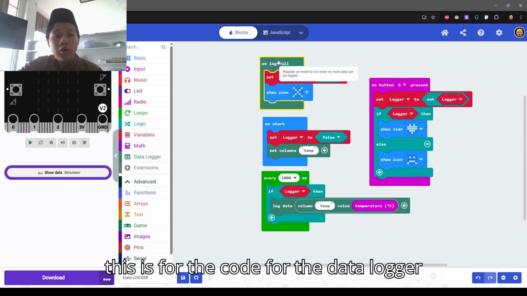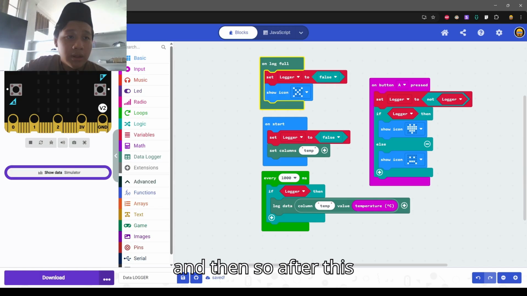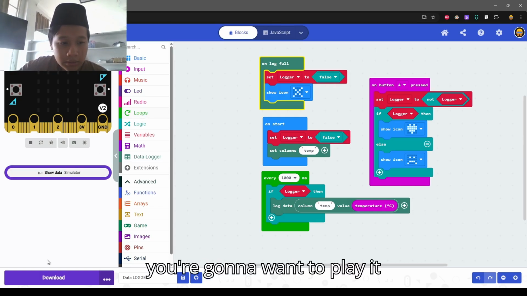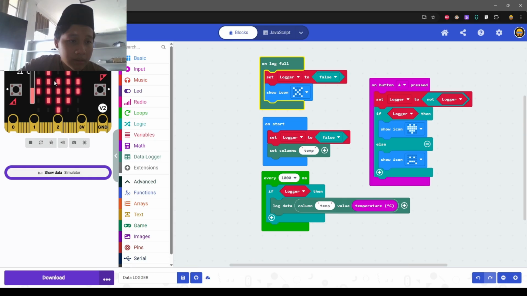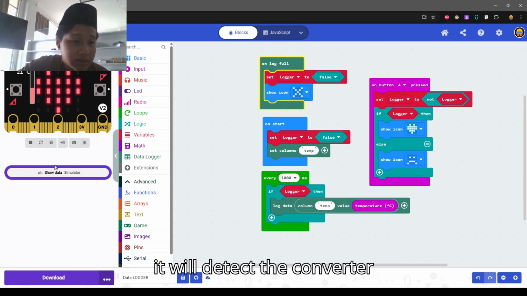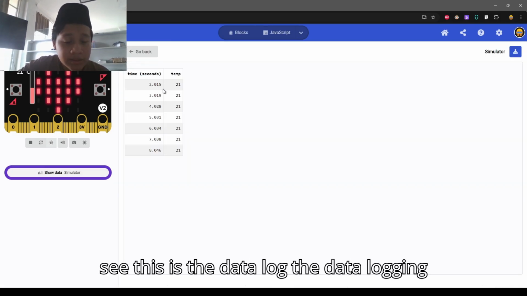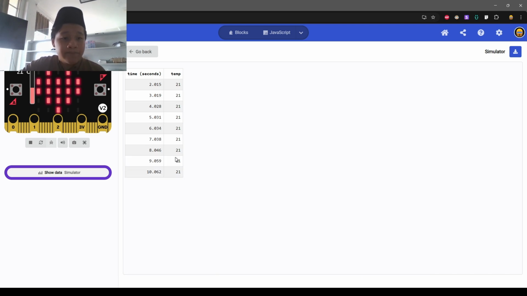And this is the code for the data logger. After this you're going to play it, and then press button A, and it will detect the temperature. See, this is the data logging.